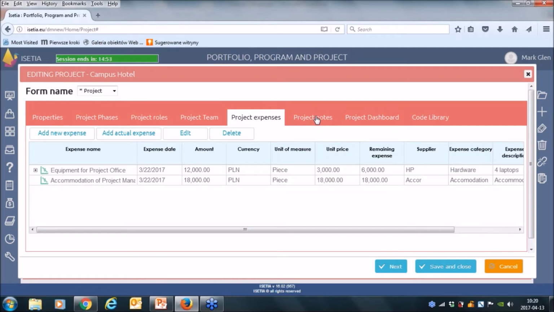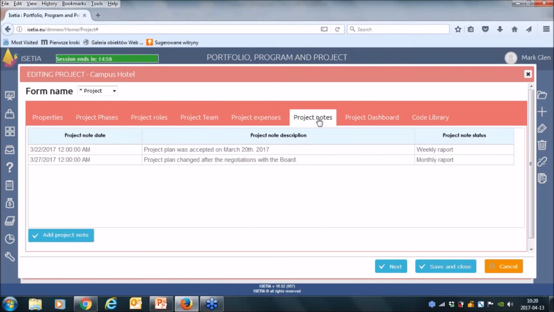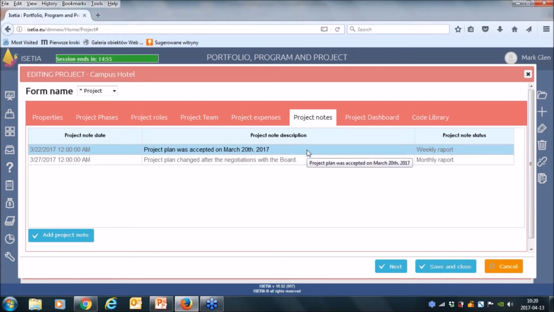The next thing is project notes. It is for statusing, so you can put in data as a monthly report, weekly report, or daily report, and put in notes which you would like to put onto the system to notify about very important events and decisions and something like that.